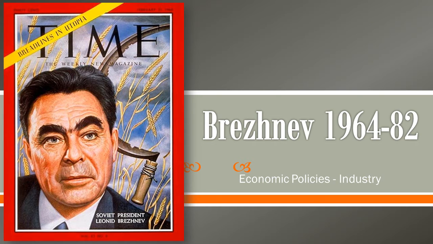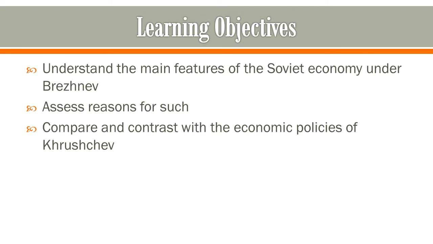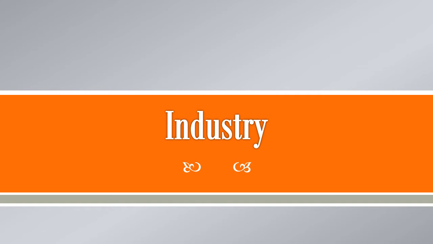Alrighty, so in this one, we're going to continue looking at Brezhnev from 1964 to 82, but focusing on the industrial policies of the time. Learning outcomes as previous. So understand the main features of the Soviet economy under Brezhnev. Obviously, this one is going to be basically about understanding the main features of the industrial aspect of it, manufacturing, and then assess reasons for such, and then compare and contrast these policies with those of Khrushchev. Which brings us to